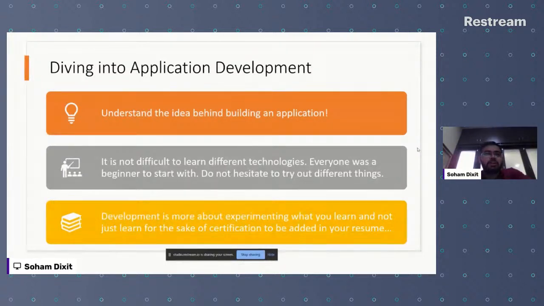And to be frank, it's not difficult to learn different technologies. Technologies keep on changing. We had Android Studio with Java, we now have Android Studio with Kotlin, we have React Native, Ionic, different frameworks, and we have Flutter as well. So I don't feel it's difficult to learn different technologies. And to be frank, when everyone started with this field,